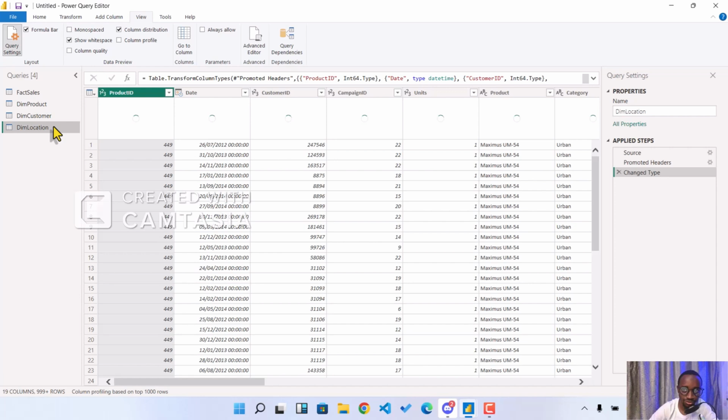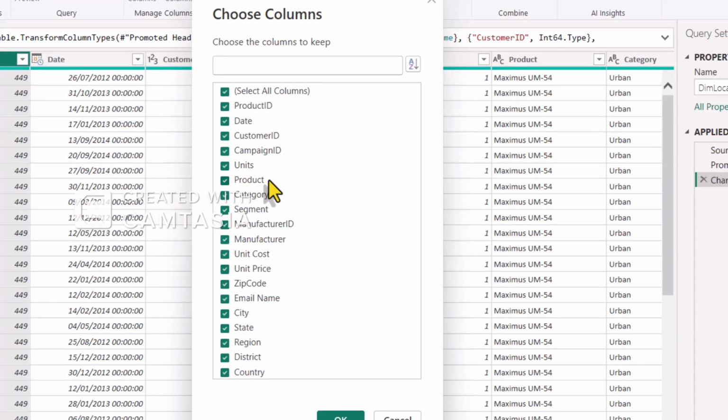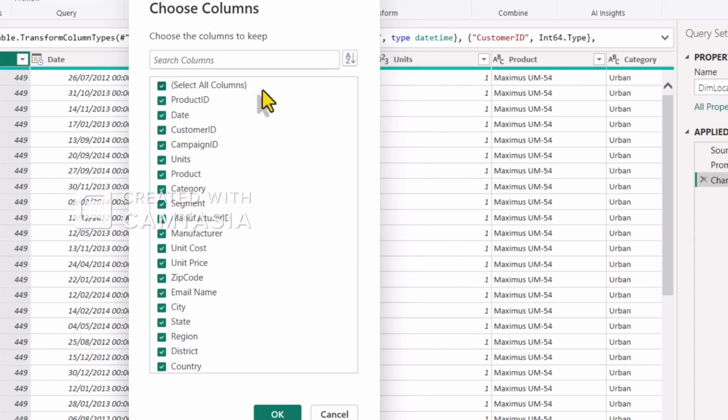Yeah, let's move on to location here, and what do we want to do? Let's remove this column distribution. We'll do the same thing, choose columns, and we choose only columns that have to do with location. And of course, we always remember that whenever we are choosing columns for a dimension table, we should always note what will stand as the primary key, because that's basically what is responsible for the relationship, right? So what would be our primary key here now for this location? It must be the last detail in your table, and of course that should be the zip code,